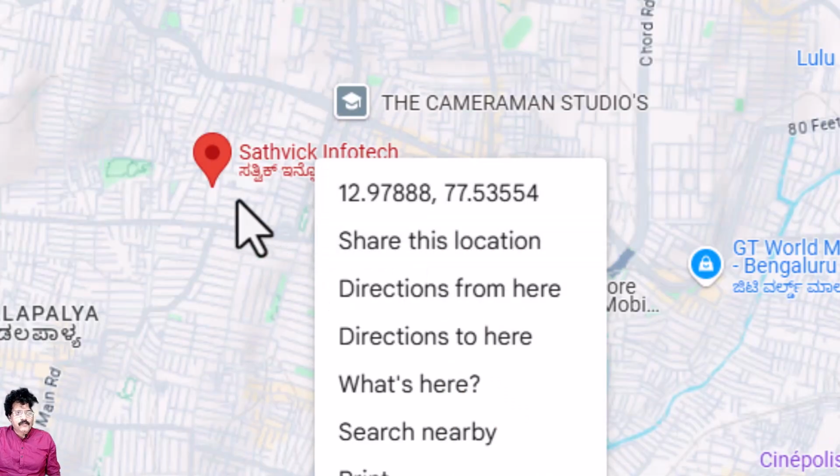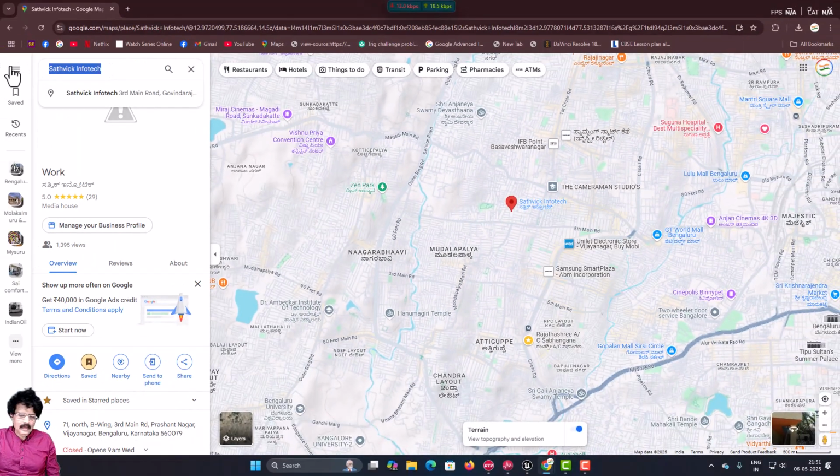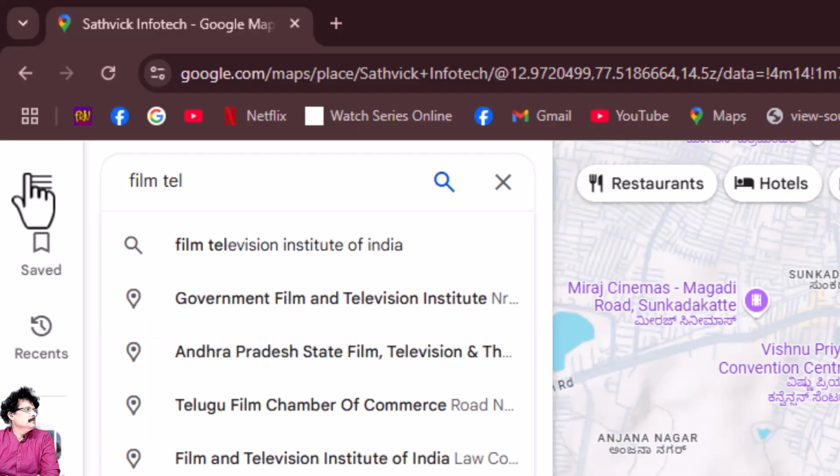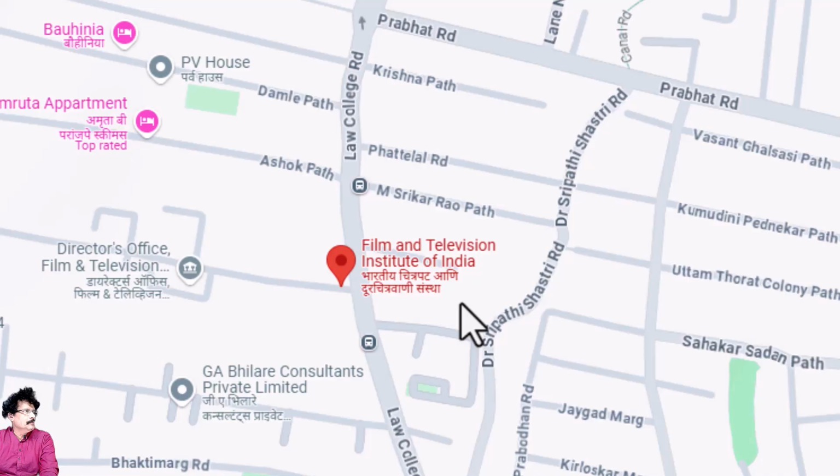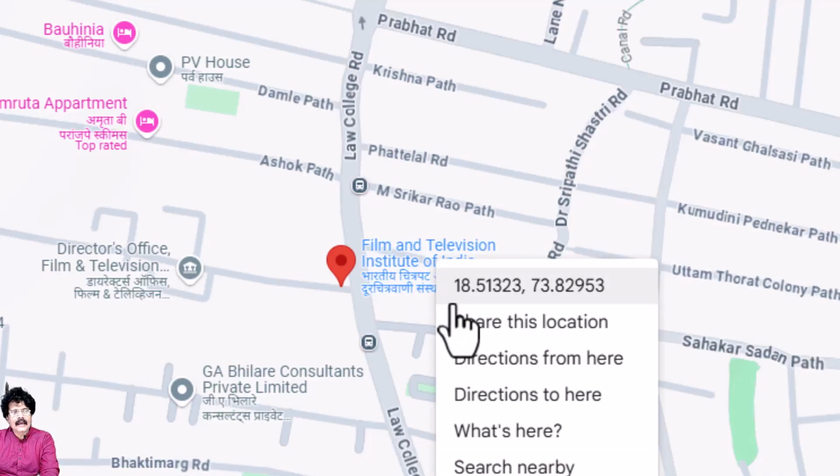That is, from the center core of the earth at an angle of 12.97888 along the latitude and 77.53554 along the longitude, I have my location, Satvik Infotech. Similarly here, if I come and type Film Television Institute of India, then you can now see this Film Television Institute of India. If I right click, it is at an angle of 18.51323 along the latitude and